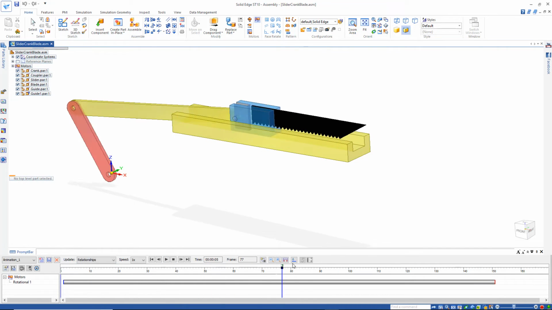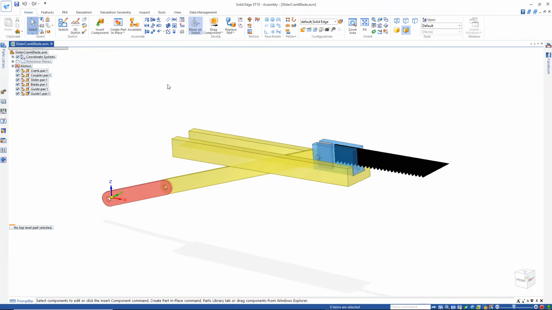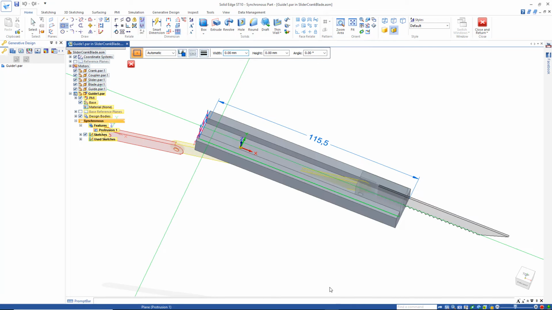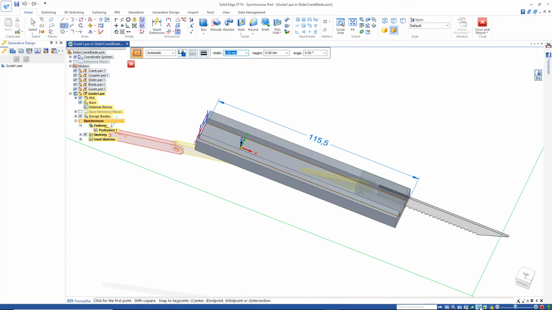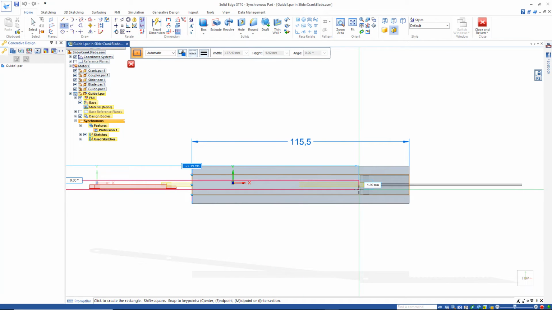So now let's fix this interference issue between the two yellow parts. So I'll select, clear everything. I'd like to go into this part and add a channel in the center. Spin that around. I'll go to rectangle by center, identify this face. There's lots of ways of doing this. This is just one of them. And I want the center of the part right there, the furthest extent, and we can make this, say, let's go